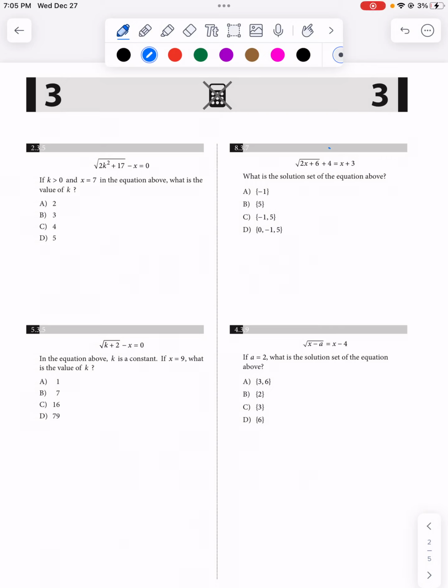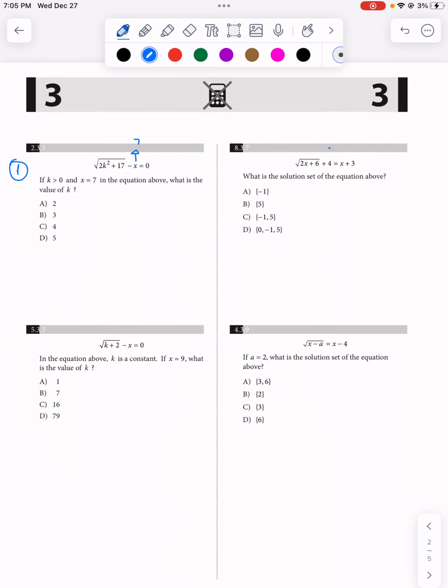I'm going to solve SAT math questions for this channel. Let's get started. Question 1. Square root of 2k squared plus 17 minus x is equal to 0. If k is greater than 0 and x is equal to 7 in the equation above, what is the value of k? First of all, guys, for this question, we just change the x with 7 and transfer it to